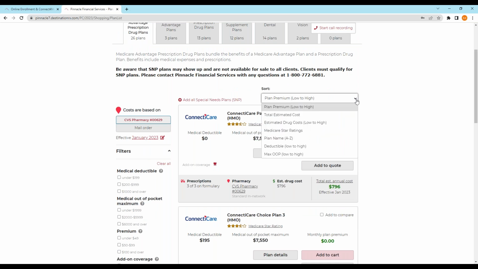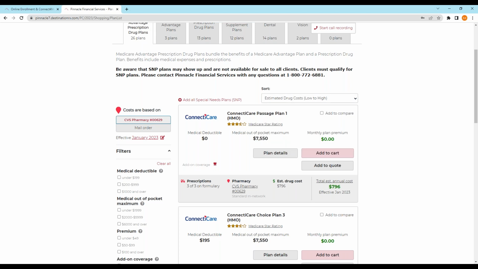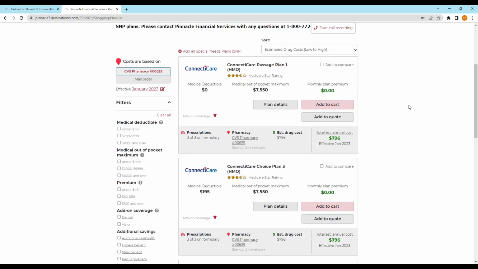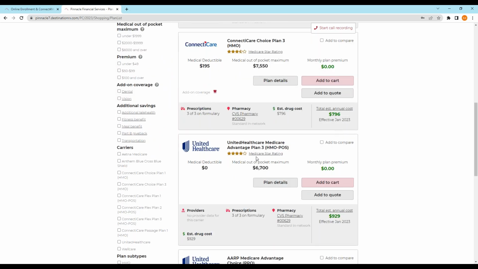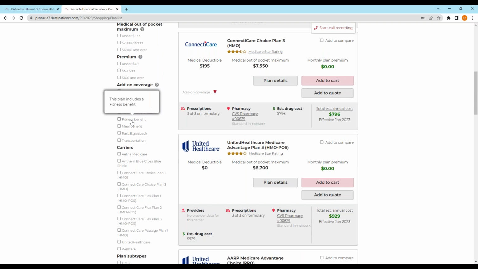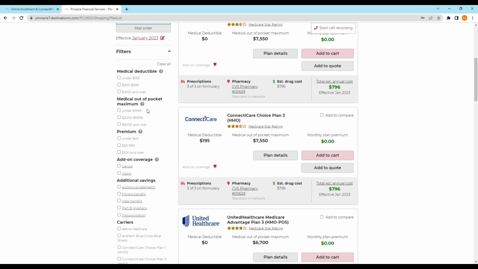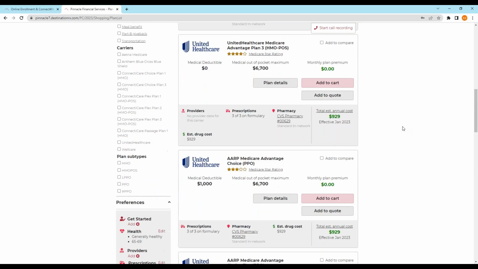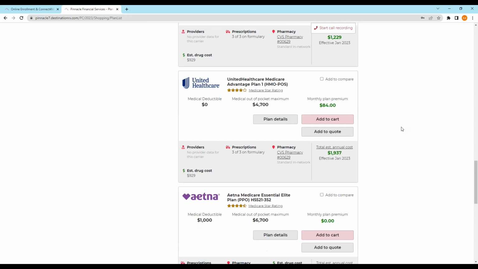I can sort this different ways. I'm going to sort it by drug cost. So as you go through, sorted by drug cost. Again, I can compare the plans. On the left, there are a number of things you can sort by. You can sort by Part B, give back. You can sort by plan type, by company. On the 15th, they will have the Insulin Saver program in here. That'll be a button you can click and just show plans that participate in the Insulin Saver program so they can get insulins for $35.